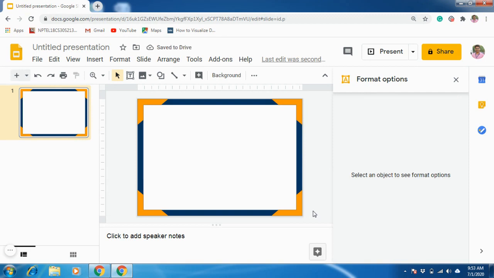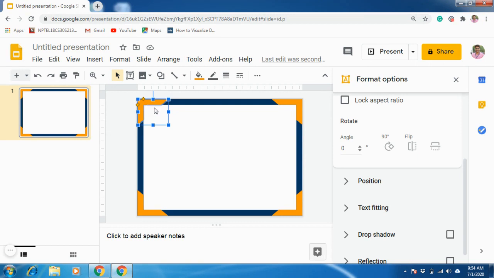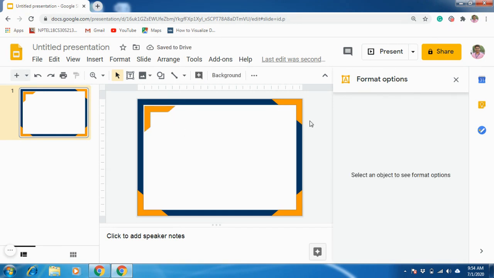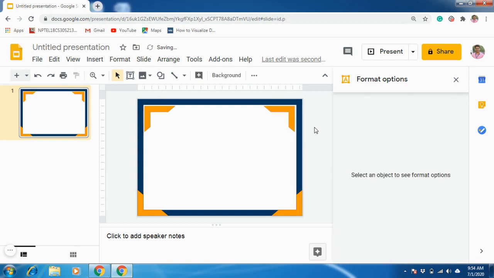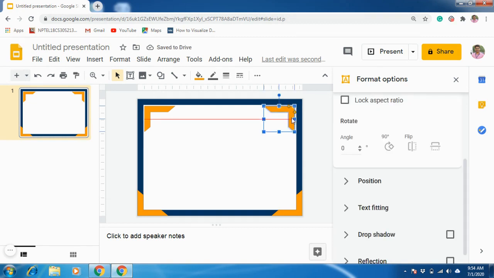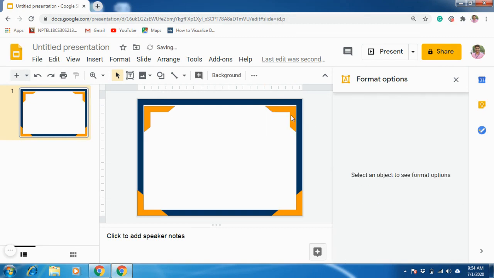So as you are seeing, this is one of the frames. If you want this frame, you can use it, but you can do more. You can select and move like this. I am using arrows here to move. Similarly I can move directly with the help of the mouse also, but if you are using the arrows, you will get accuracy.